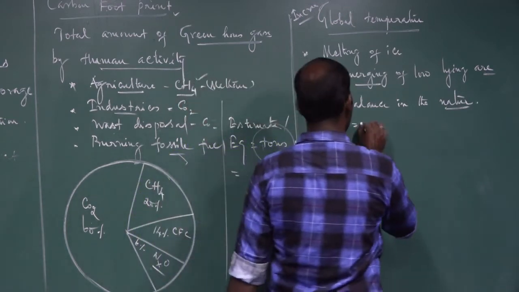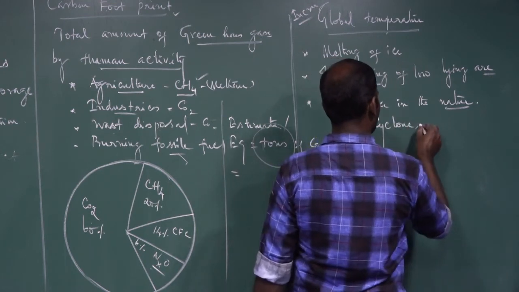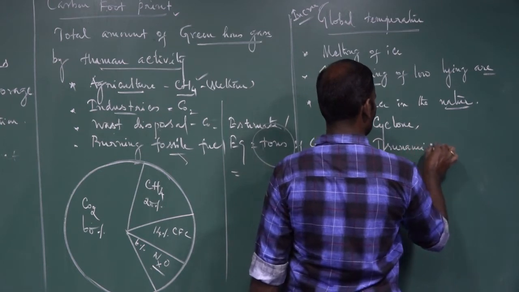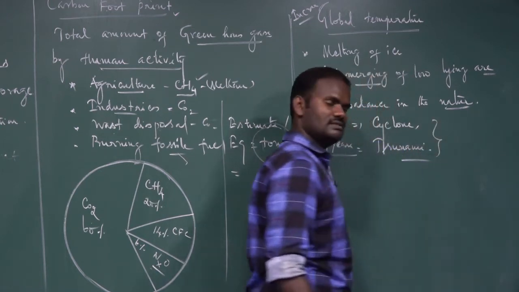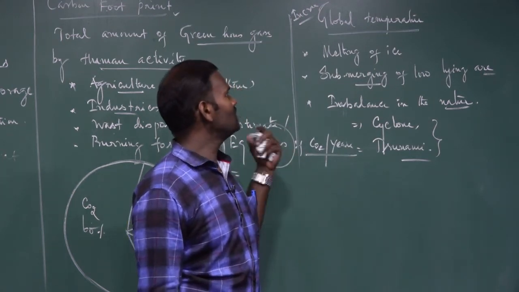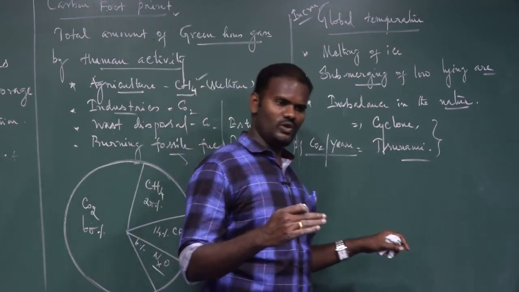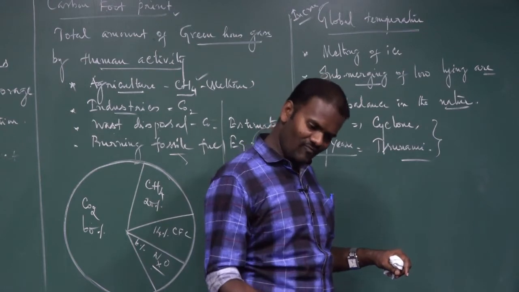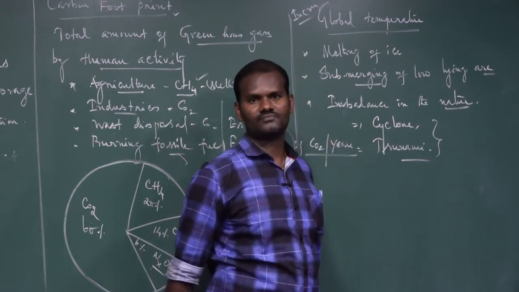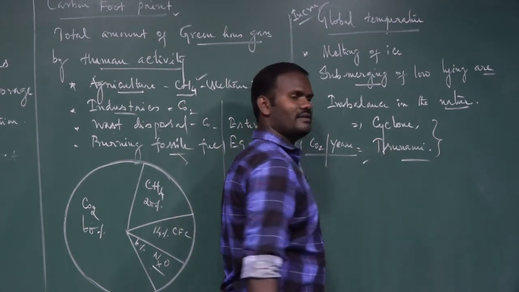As a result, what will happen? Increase in cyclone formation, and also tsunami. As a result of tsunami, earthquake formations. So these are the various hazardous effects that take place because of the emission of these greenhouse gases into the atmosphere. These greenhouse gases actually prevent the reflection of solar energy out of the atmosphere. Due to these greenhouse gases, a lot of hazardous effects take place.